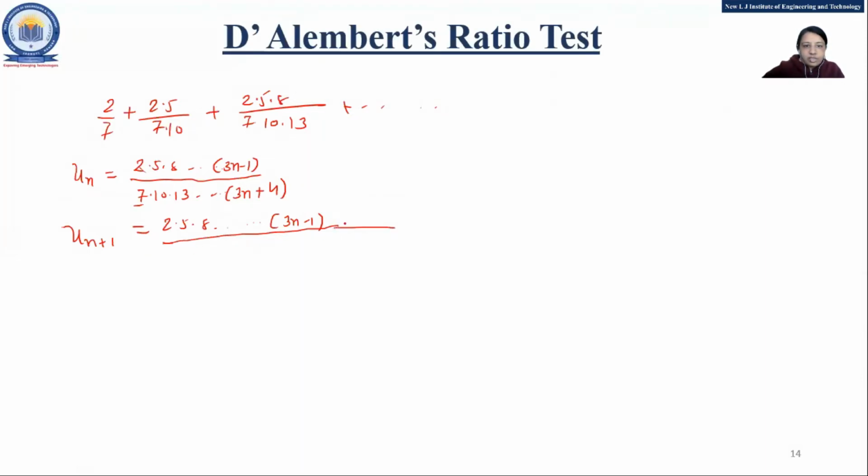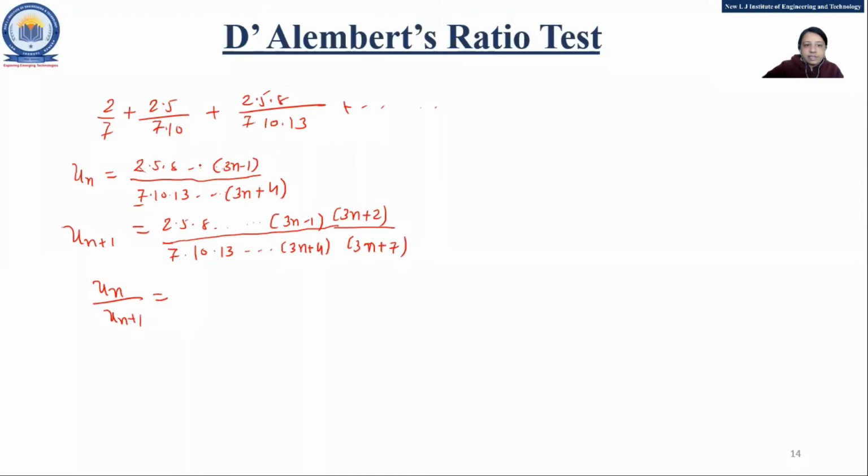Okay, 3n minus 1. So what is that? n plus 1. So just put n plus 1 instead of n. Okay, 3n minus 1, so what should this term be? That is 3n plus 2. Now 7, 10, 13, 3n plus 4 as it is. Now again I will put n equal to n plus 1. So it is 3n plus 3 and 3n plus 7. Now in the same way you need to do un upon un plus 1. What is the final answer I want? un upon un plus 1.